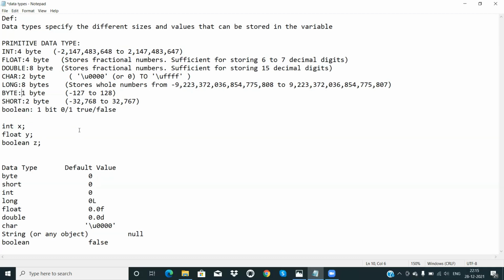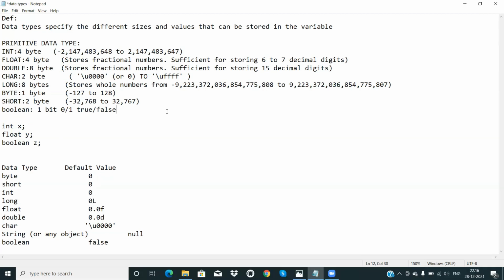And boolean is a data type in which you can save a true or false value. Whenever you are using a conditional statement, there you should use a boolean. I can explain it better when we see the conditional statement example. So this is all about primitive data types and their ranges.